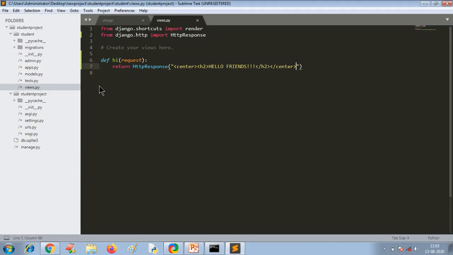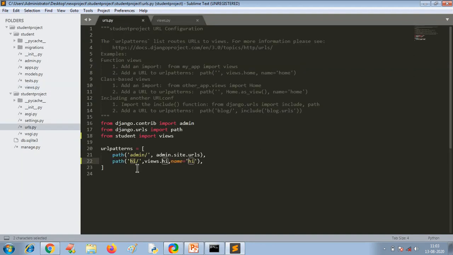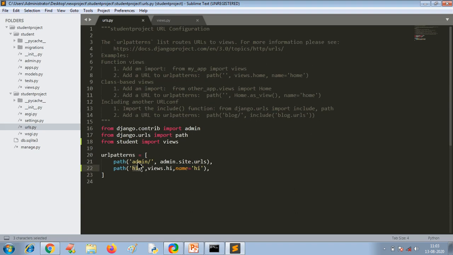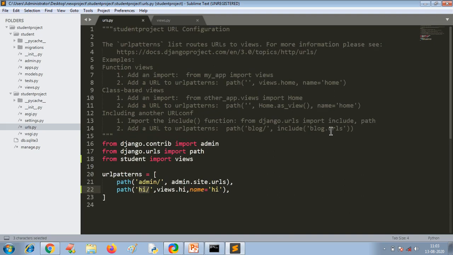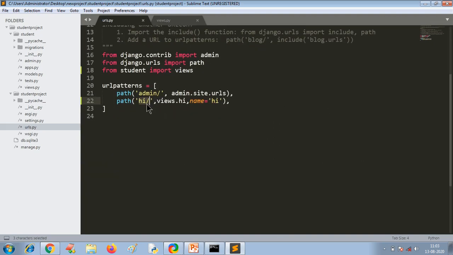So the purpose here is you need to specify the URL here. Whatever URLs you want to use in your project, you need to specify that, and you need to specify the action to be taken whenever the URL is mapped.